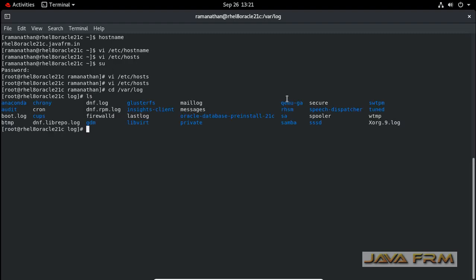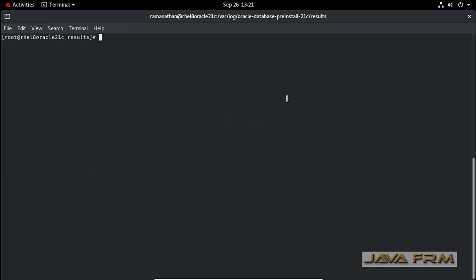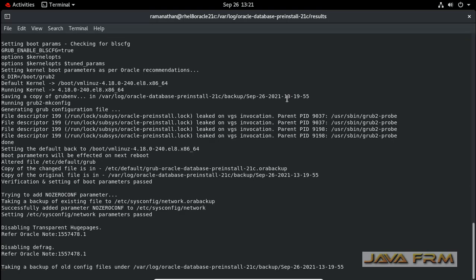Next, I am going to the log directory. You can check the installation logs. Let us check the installation logs here. All the pre-install RPM's installation logs will be written in this file.